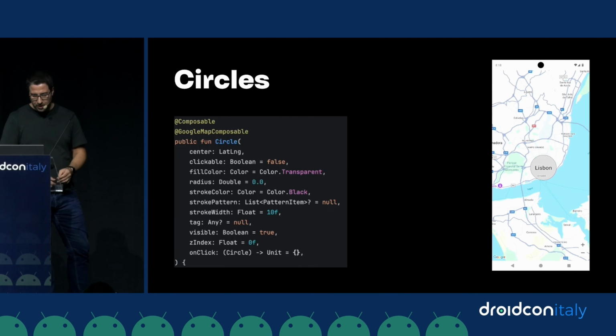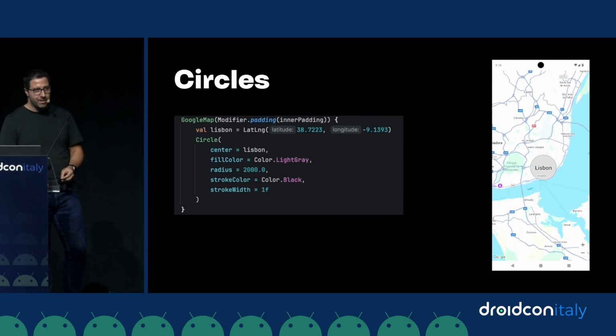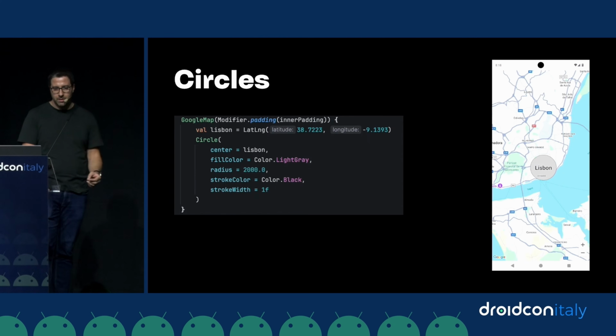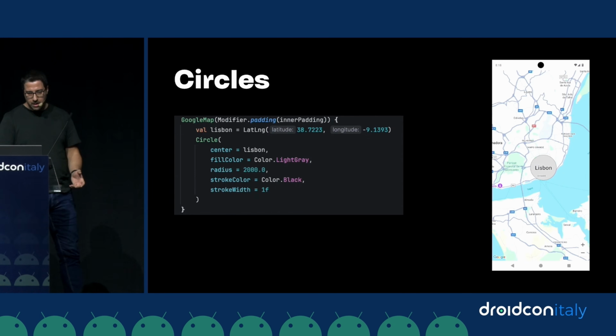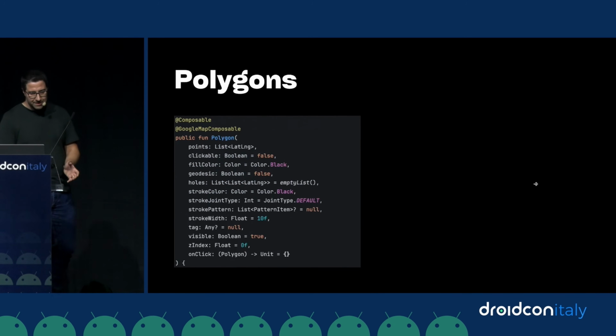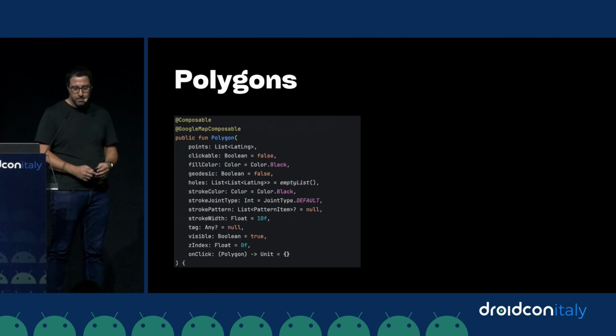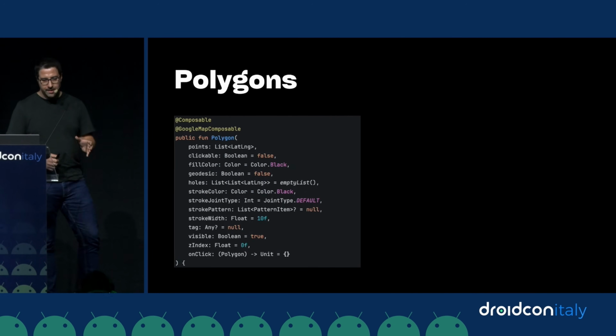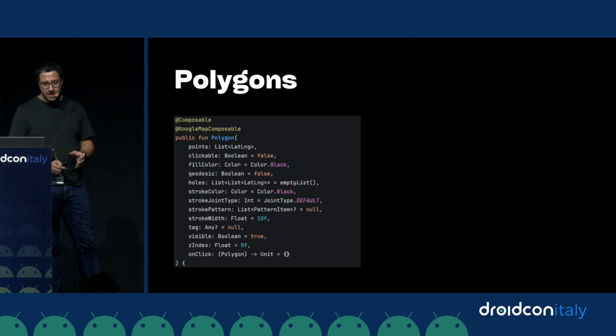You can pretty much do whatever you want with it, and just by calling it in the same way that you would be calling your markers or your clusters, you have a circle drawn in the center of Lisbon. Okay. For the polygons, it is a bit different, but polygons and polylines behave more or less in the same way. Instead of passing the center coordinates, of course, you need to pass a list of points, and then you can also configure your stroke if you want,